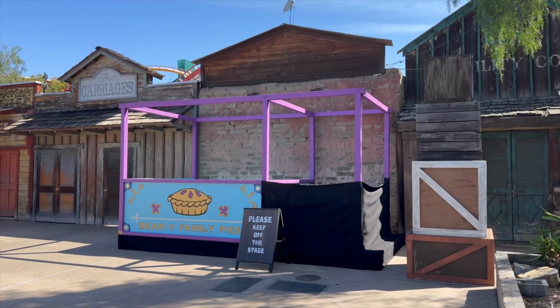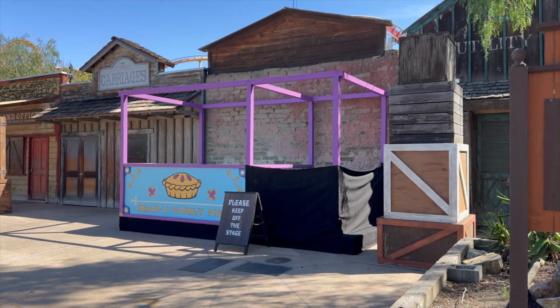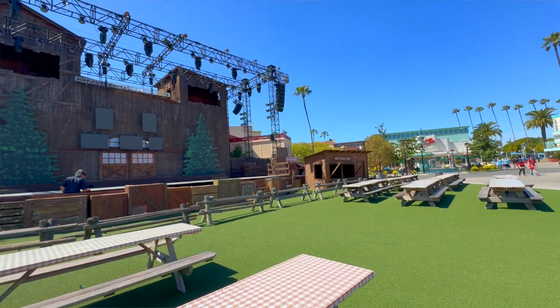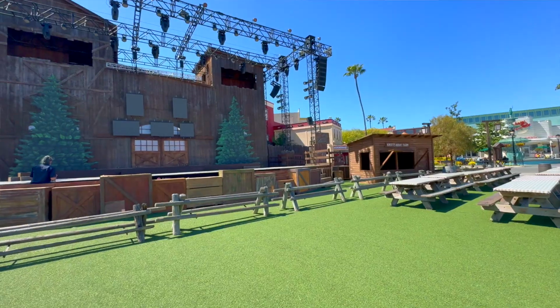Now, this is going to be the brand new activity show that they're actually going to have here, where you're going to help Boysenberry stop Moxie and Brawny from stealing pretty much all the pies. Once you're successful and you stop them from stealing those Boysenberry pies, you can head on over to the Calico Mine Stage, come out here, put your name down, and possibly win first place in the pie eating